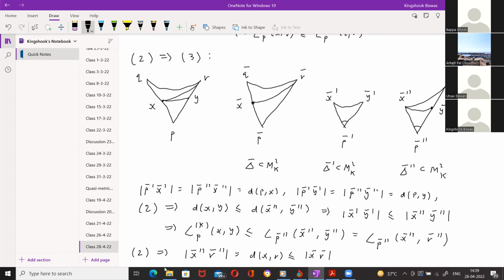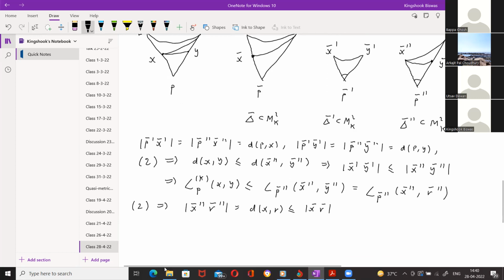If I compare these two triangles, then again, these have the same side lengths at the vertex P bar and P bar double prime. So therefore, this implies that the angle, so if I look at the comparison angle,